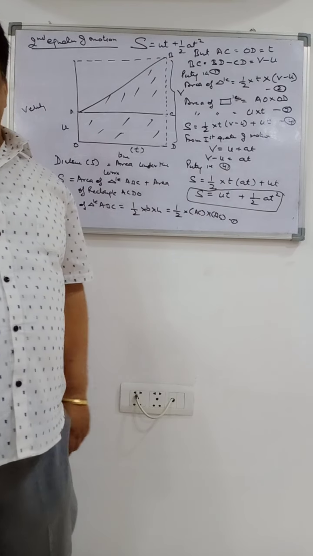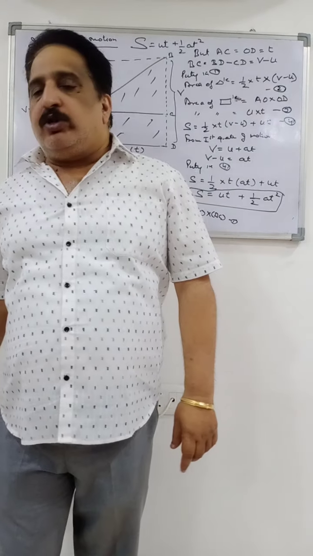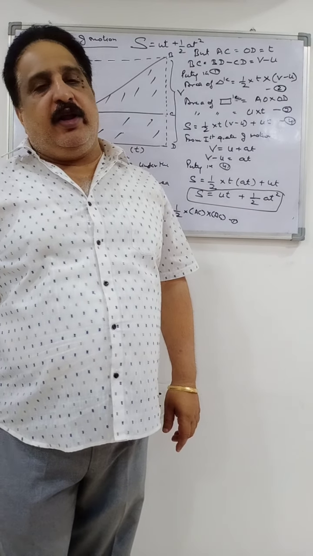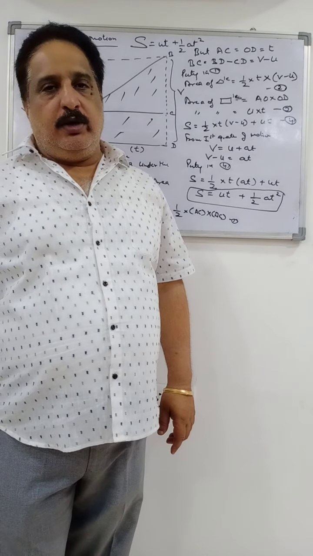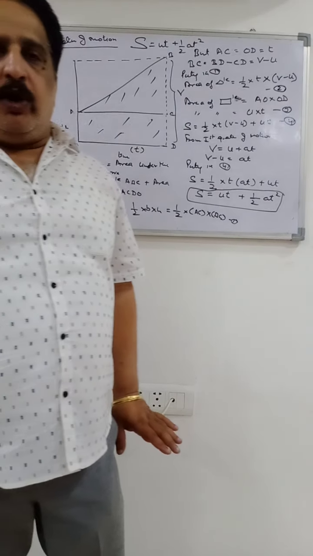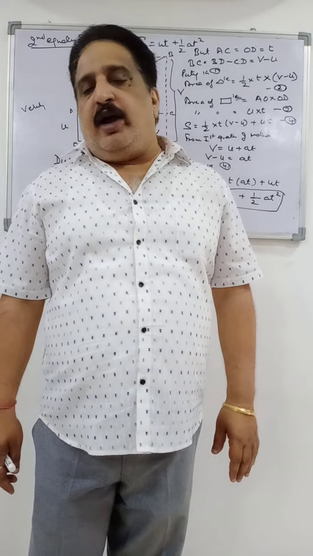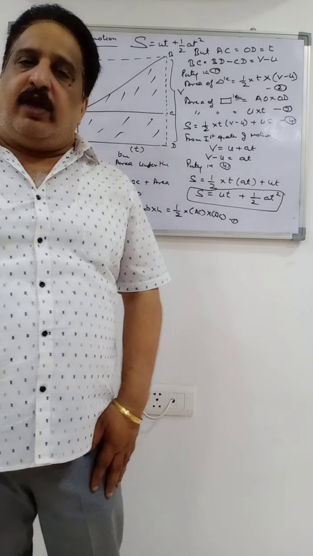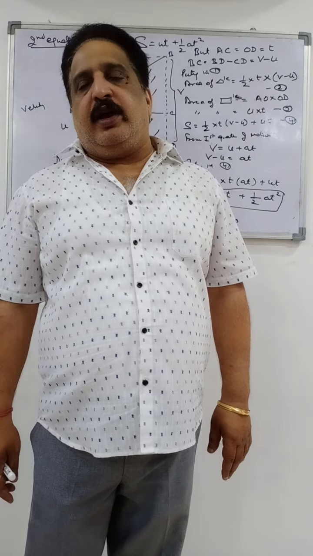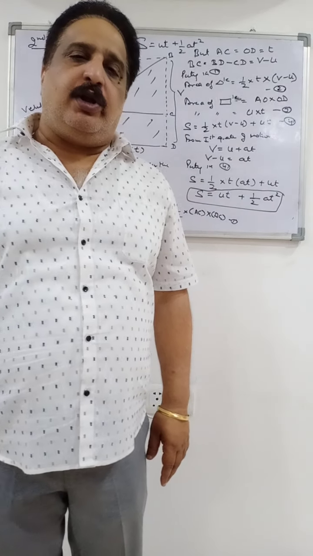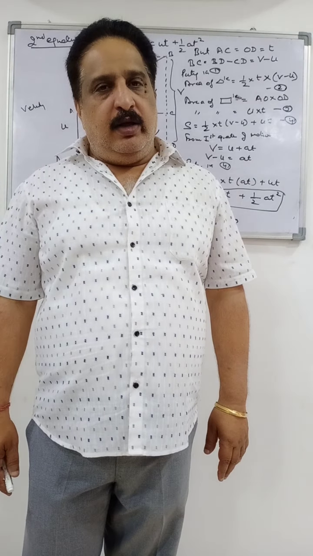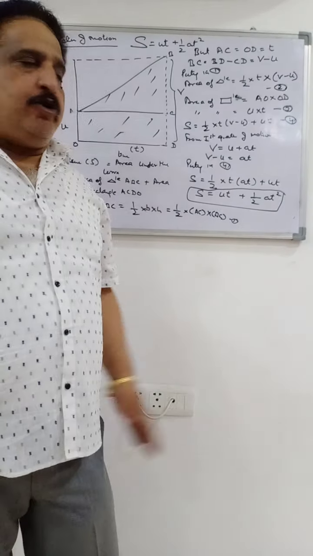This is a very, very important derivation. In most of the schools, there is a maximum probability of getting this as a question in your exams. So S is equal to UT plus half AT square. If you have understood, okay. But try to write it down and then do it yourselves. If you have any problem, you can WhatsApp me so that I can take this equation again in the next class. Is that clear? So this was the second equation of motion.